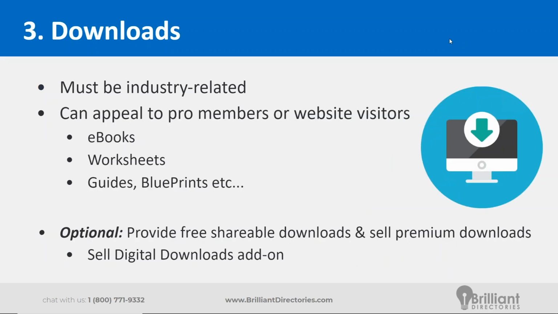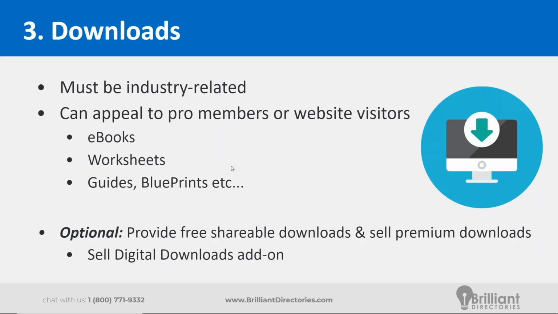Now on to the third type of shareable content, downloads. So these you really want to be industry related. You don't want to stray too far away from the goals of your target audience. You want the downloads that you're offering to be applicable not only to your members, but also to general users of your website. For example, going back to the real estate example, you could have ebooks specifically for retailers, maybe how to